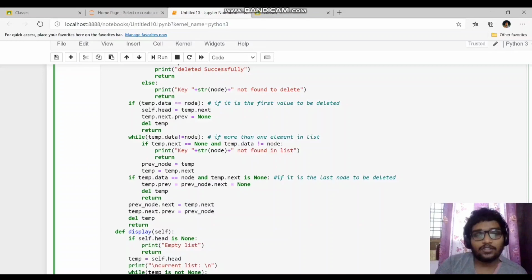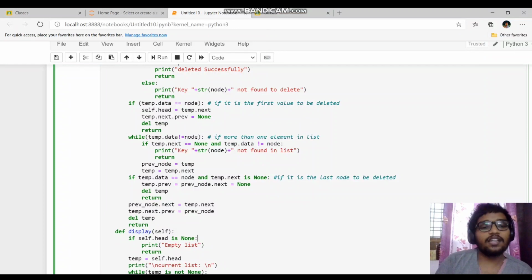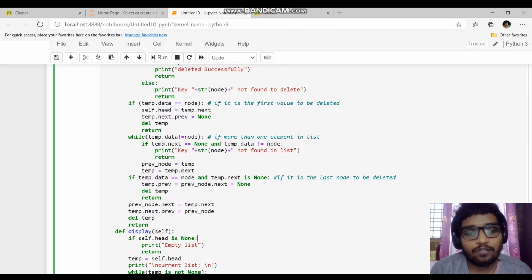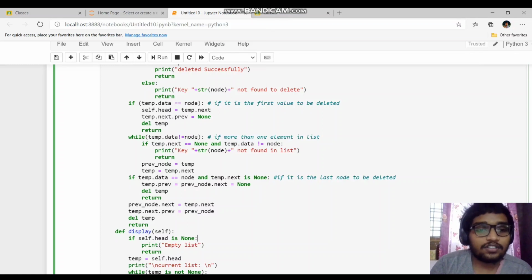If it is not the last node to be deleted, then we'll follow this normal procedure, that is previous node.next. PREV node means the previous node of the node which we have to delete. The target node is the node which has to be deleted, and the previous node means the previous node of the target node. So now the next field of that previous node should not point to the node that is to be deleted, right? It should point to the node next to the target node.